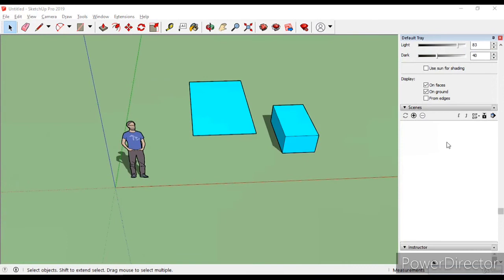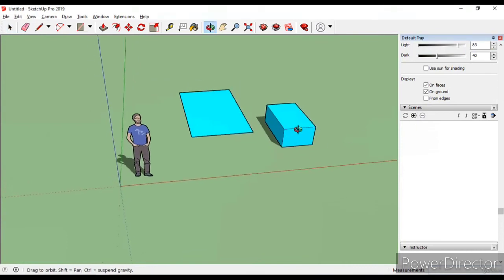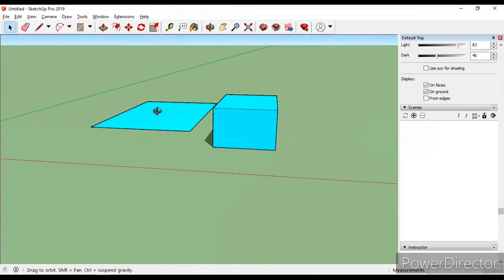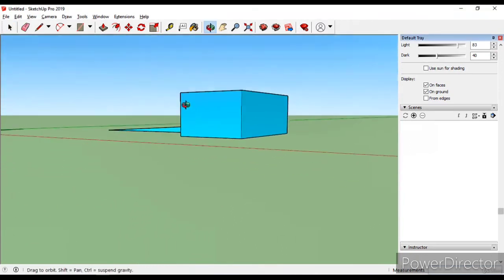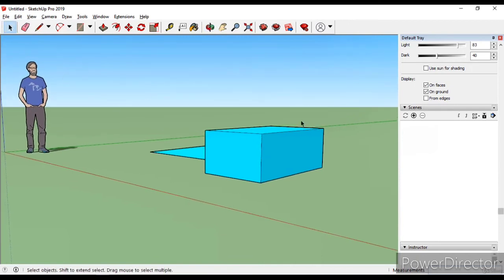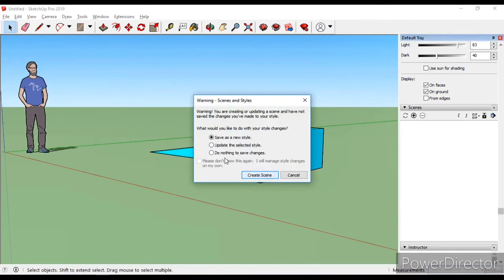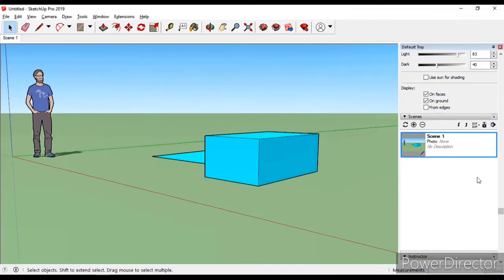Under the scene option, we have option to create number of views, scenes, which we can revert back later. Like if I want this scene to be constant like this, I can add a scene here. It will ask you, would you like to do with the same style that I am using already? So I can create a scene here.